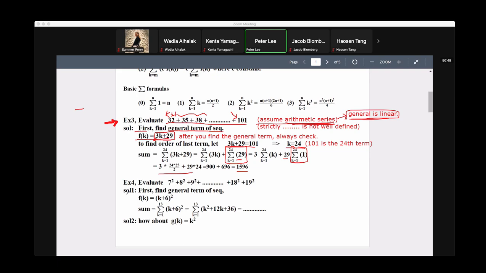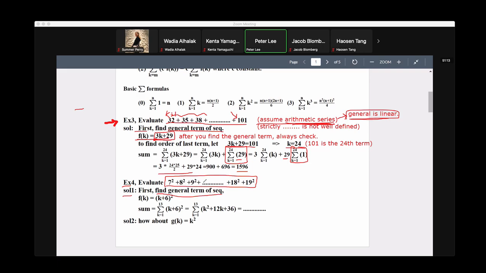Okay, now let's look at example 4. Example 4, we now have this right here: 7 squared plus 8 squared all the way to 19 squared. Okay, so let's see. Solution 1. Why don't you first find the general term? Okay, general term. Now this one's easy because if you look at the expression, the number under the square,